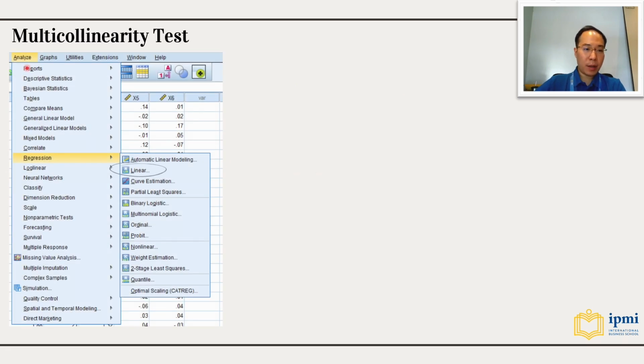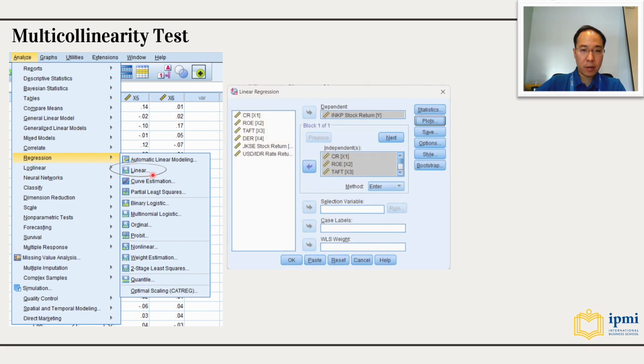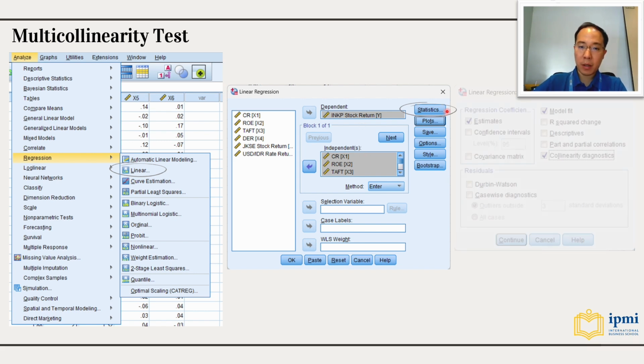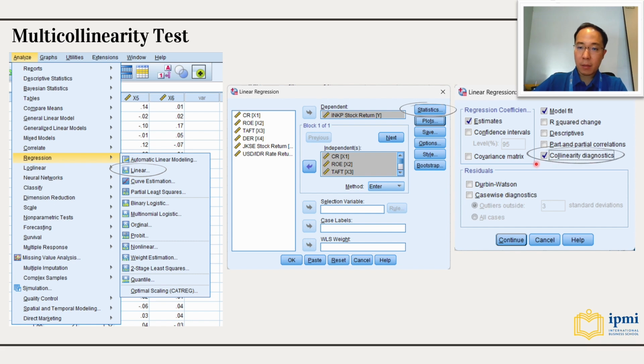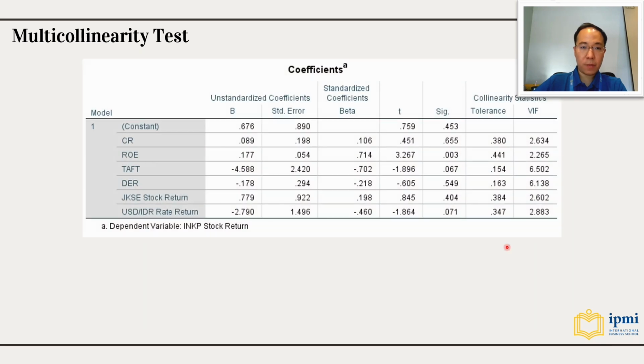Multicollinearity. Go to Analyze, Regression, Linear, and then same as the previous one, one dependent and six independents, and this time you click Statistics. Make sure that you check Collinearity diagnostics and then click Continue. There will be a pop-up result for the Coefficients table that appears in your SPSS software. And then you can focus on the two right columns here, which are for the tolerance and for